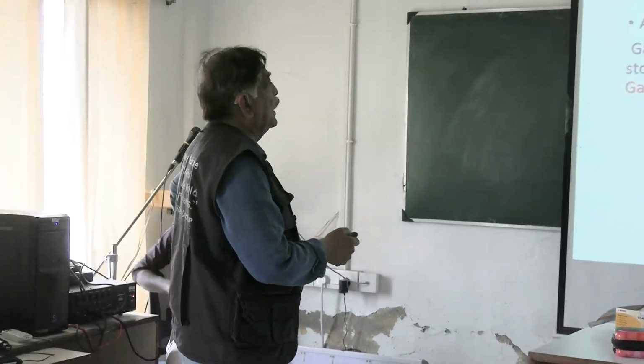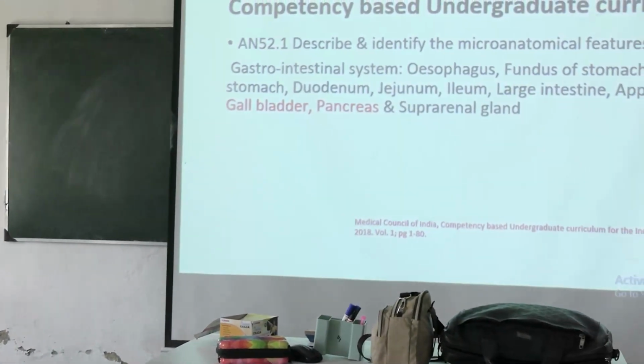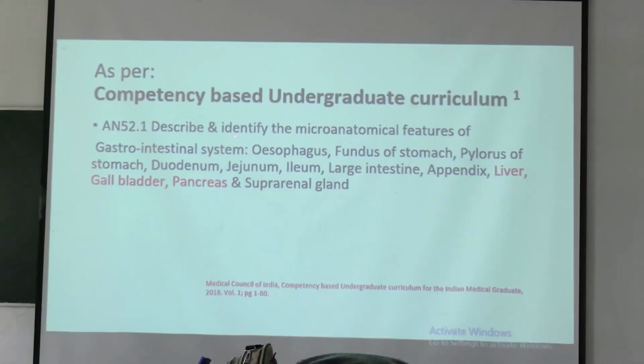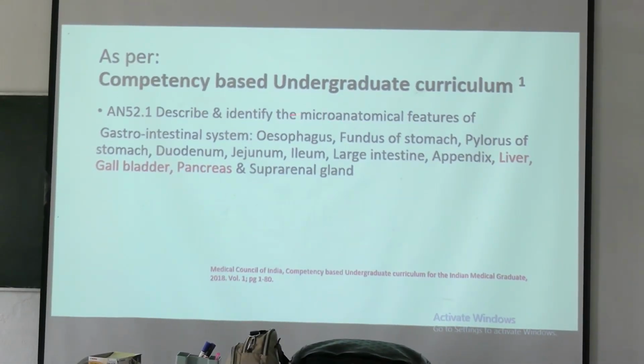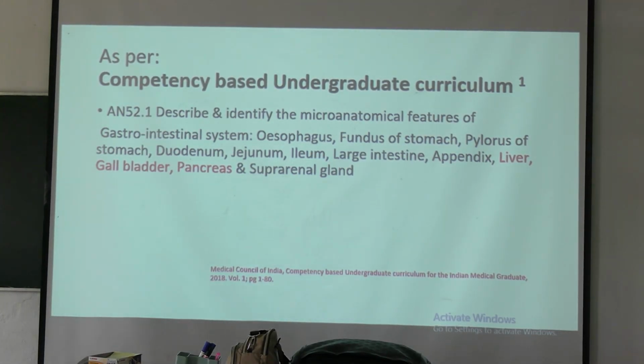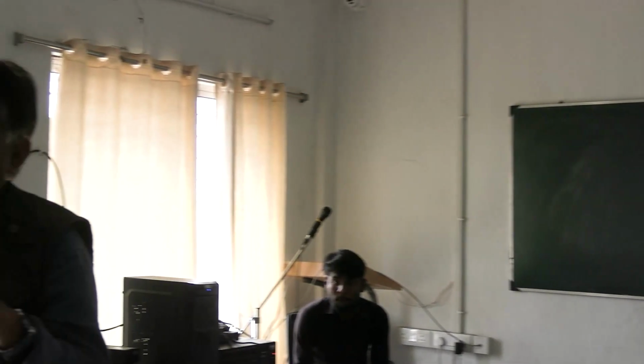What is the competency-based undergraduate curriculum? Describe and identify the microanatomical features of the gastrointestinal system: esophagus, fundus, then liver, gallbladder, pancreas, the hepatobiliary system. Now, for each individual topic, you can get a question, I am telling you repeatedly, 5 marks,